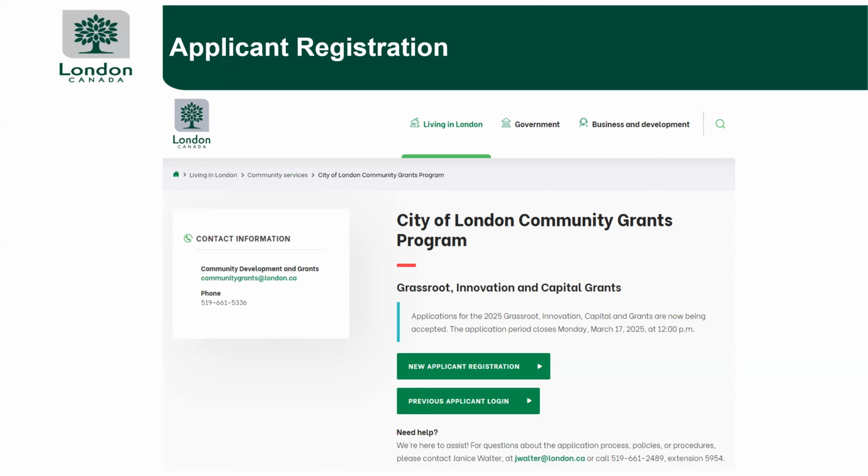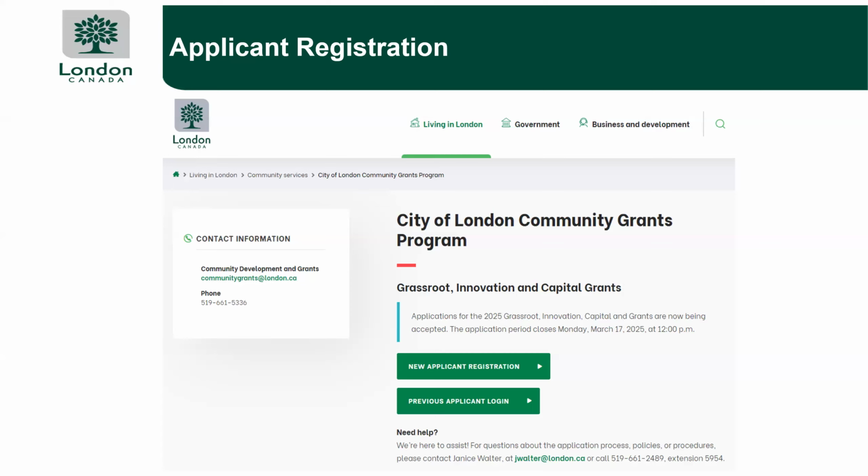So starting on this page, the key for applying to grants are the two green buttons. If you are a new applicant, so your organization has never applied to the City of London for funding previously, you would start here with the new application registration. If your organization has applied in the past since 2016, then you can click on the green button.